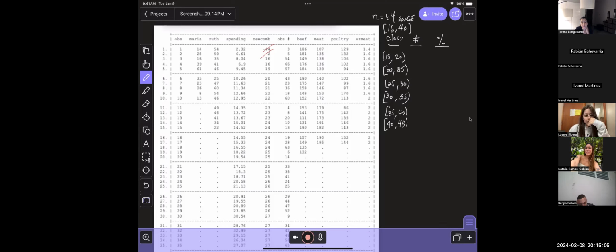Now start counting. How many observations between 15 and 20? Notice you can take advantage of this being 5. There's 5 here, but between 15 and 20, there's 1, 2, 3. And then for the next one, how many fall in that class? So we're grouping together the observations, but we're not writing them all down because that gets very messy with a stem and leaf. Instead, we're just going to use a bar chart for the heights, and we're just going to count the height.